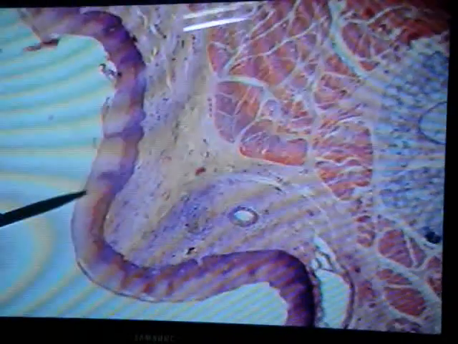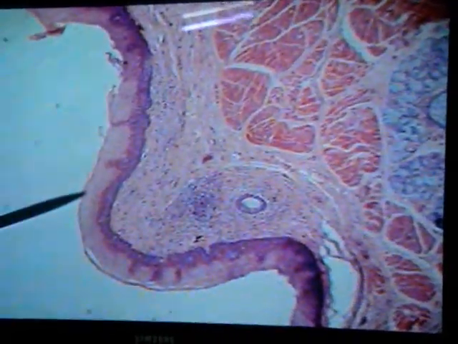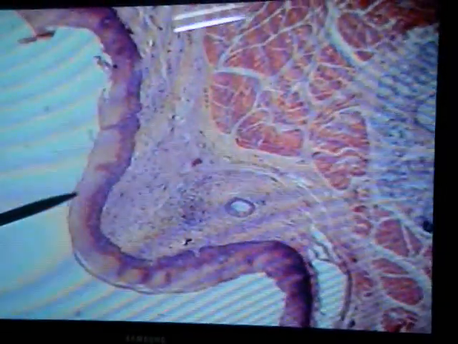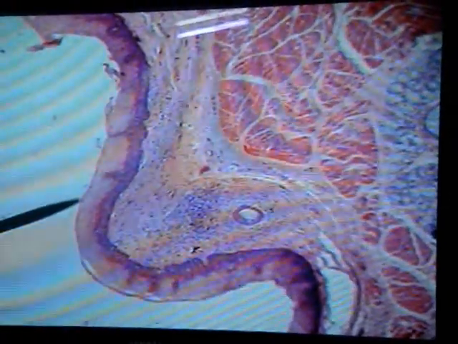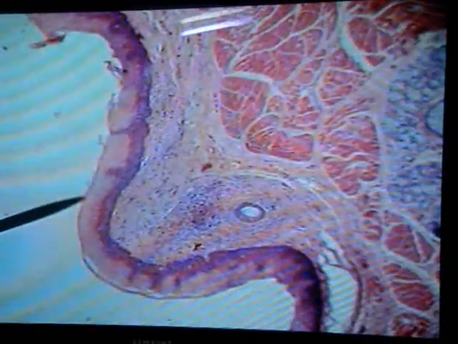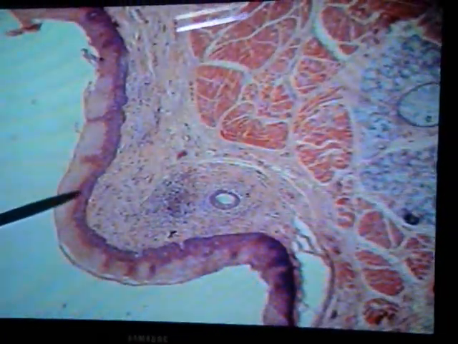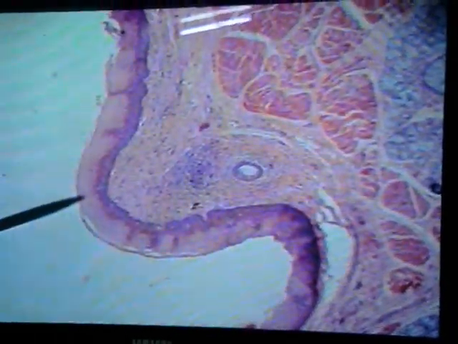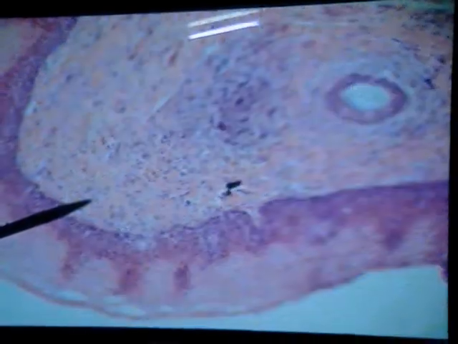This is the first part of the mucosa, the epithelial lining, and this is in the region of the oropharynx, so it is lined by stratified squamous non-keratinized epithelium. Under high power you can see the different layers of this epithelium.